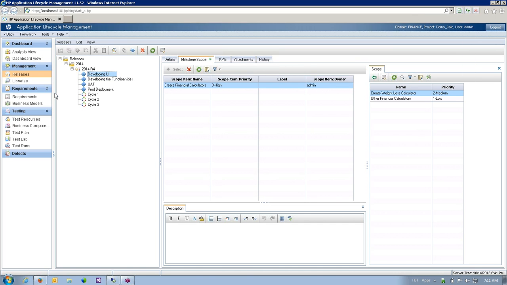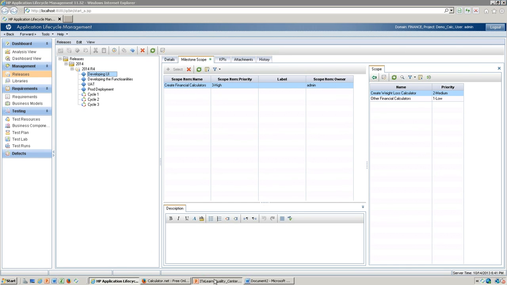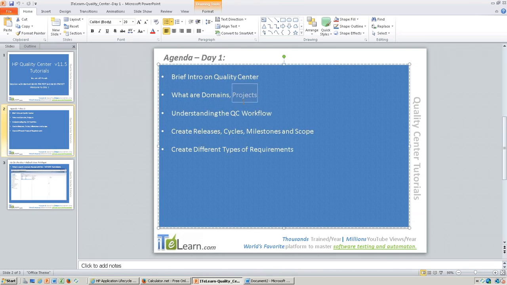Now let's get into the requirements tab. As per today's agenda, we are done with these domains and projects. We have also done with the Quality Center workflow. We have also done with releases, cycles, milestones, and scope. Everything is done and dusted. From now on,